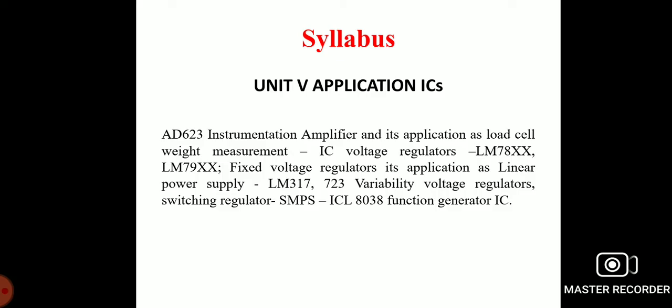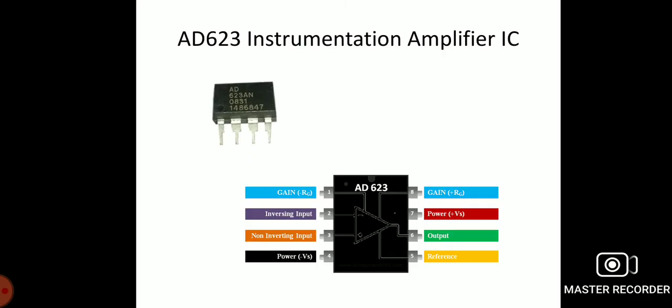Now today we are going to discuss the AD623 instrumentation amplifier. So this is the IC configuration and pin configuration. There are 8 pins in the AD623. So the pin configurations of